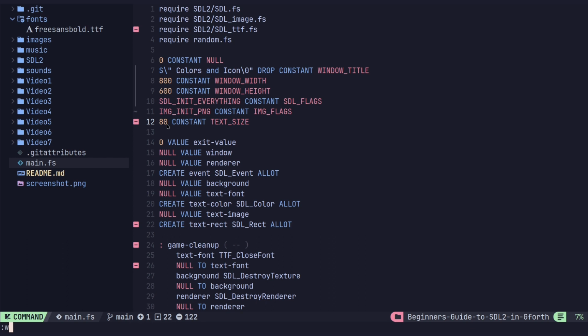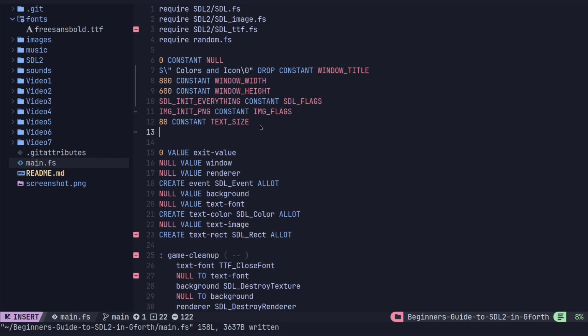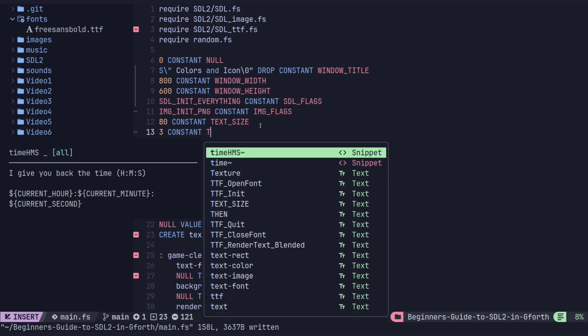So we have this rectangle, and what we can do is modify the X and Y position and have it move around the screen every frame. And that's what we're going to do now. So up here where the constants are, I want a velocity that my text is going to move at. I'm actually going to have an X and a Y velocity that I can switch so it can change directions, but I'm just going to hold a constant that's going to hold a velocity value. I'm going to make it 3. This is just going to be a constant, so this is not going to change. And I'll call it text vel